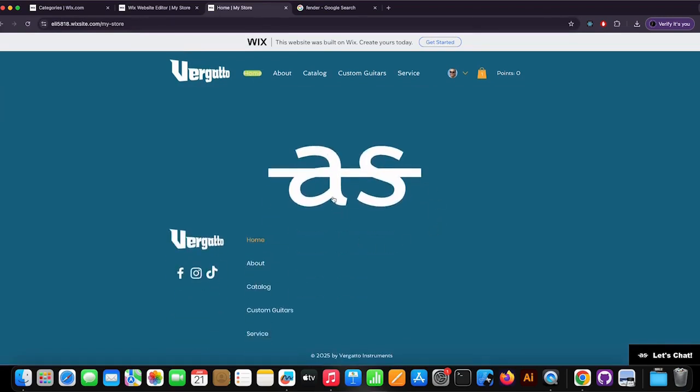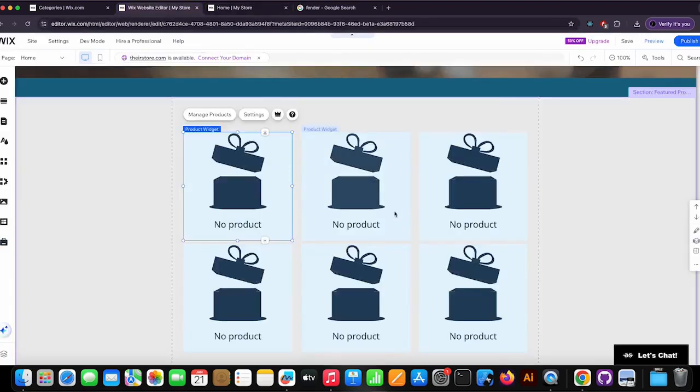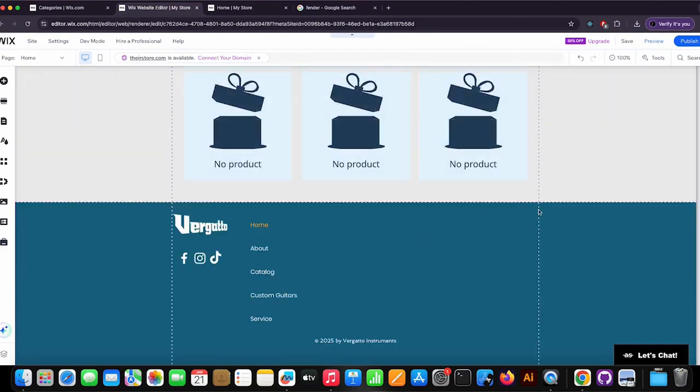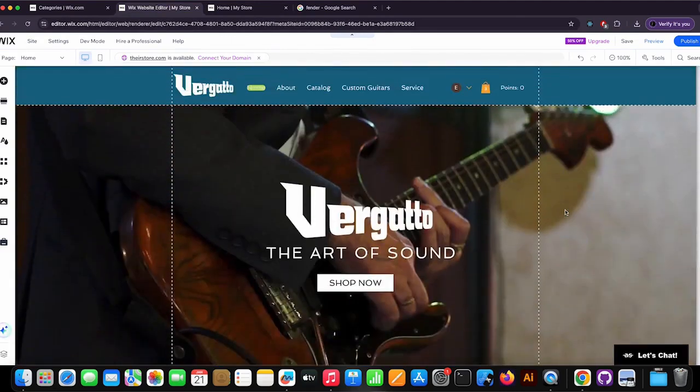And we have, of course, the footer that we already made. There's the company logo, which is in its own section. It can be removed, and we have a main page